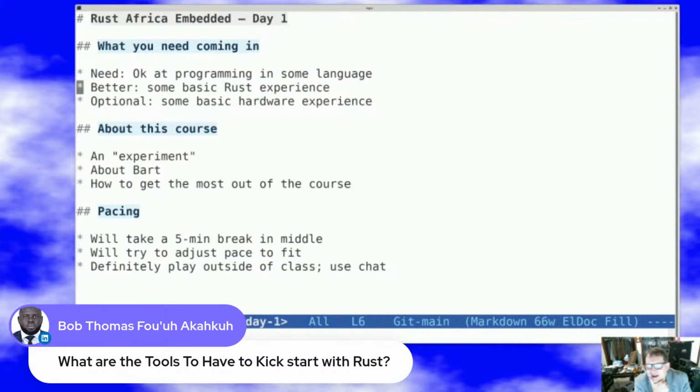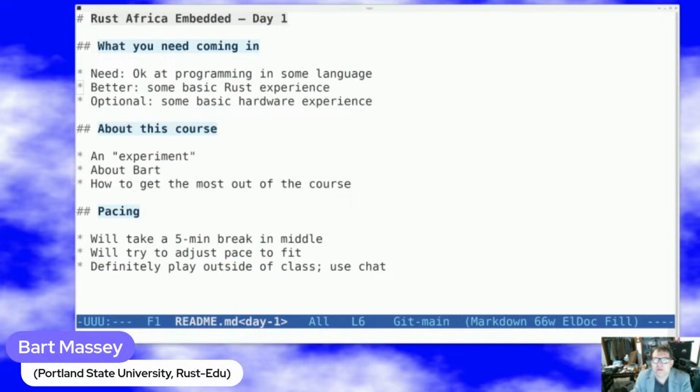So what are the tools to have to kickstart with Rust? That's a great question, and we'll talk about that in a second. The basics here are going to be looking at the Rust programming language book and getting Rust installed, and I'll talk about both of those things very shortly. One thing that didn't make it into the slides, so I'll fix it now, is